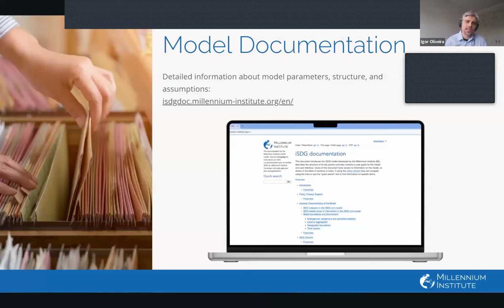The model documentation that I mentioned is available on our website. We have a wiki page for it, and that explains the main relationships. And if you have any doubts or concerns, we are always happy to engage with people who are doing groundbreaking work and considering new emerging theory or hypotheses that emerge in each of these sectors of our model.